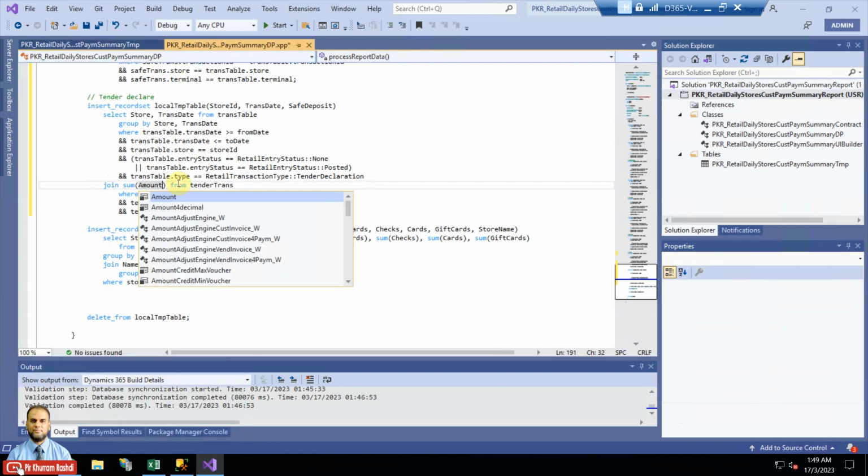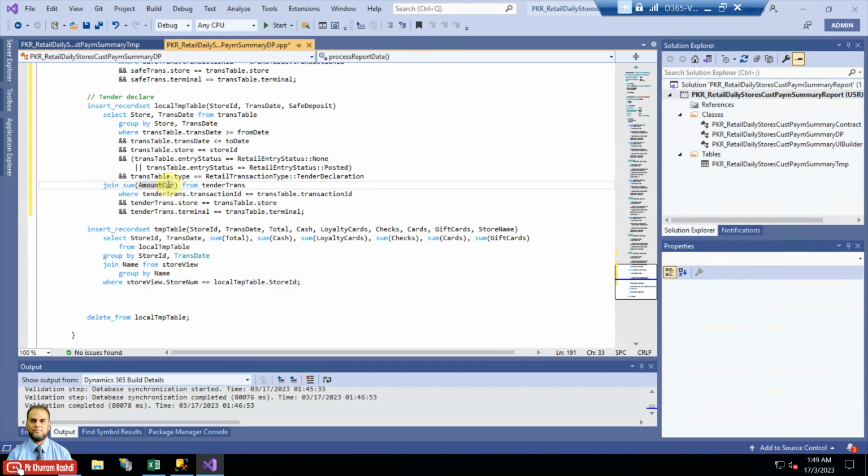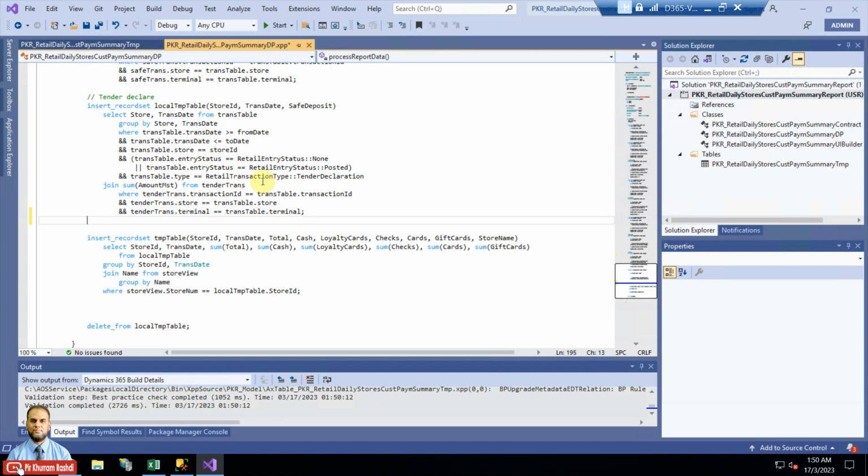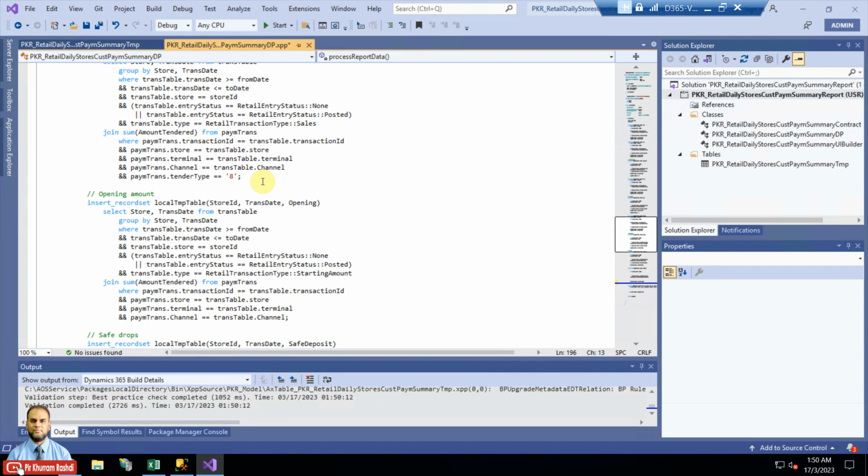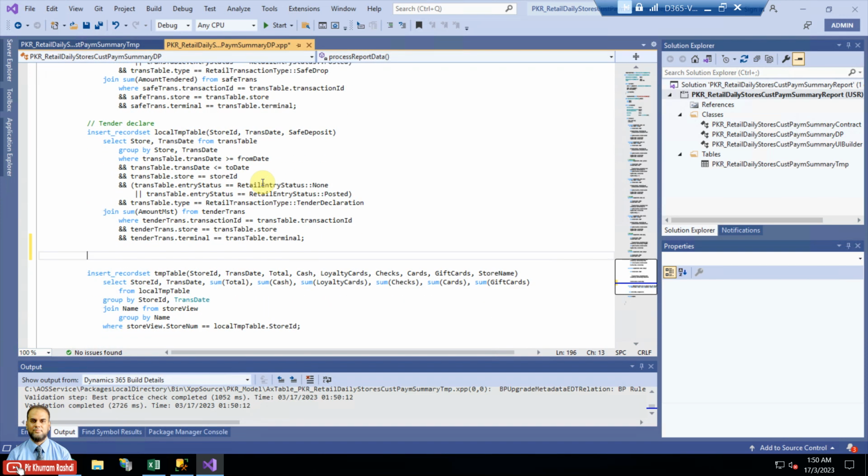Or if you want amount MST, amount MST is basically base currency, amount curve is the transactional currency. So it depends upon your company. If you are doing in foreign currency, it's better to put amount MST. So the company's base currency will be included. So this is what we have done for tender declare, save drops, opening amount, gift card, and now we will